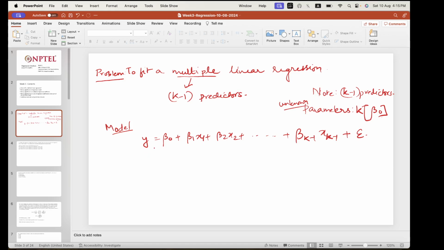We just have to get the sum of squares of residuals. Okay, and then we have to differentiate it with each beta j and equate it to 0, and then by that process